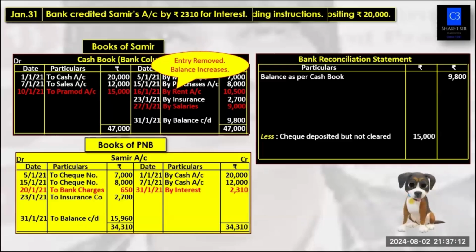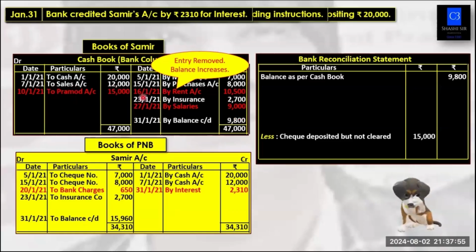So since we are having red color entries in the cash book, these entries are written over here. These are not present in passbook. We will remove these entries and note the effect of removing these entries on this balance 9,800. If removal of these entries has the effect of increasing this balance 9,800, then we will add it in the bank reconciliation statement. And if the removal of these entries reduces this balance 9,800, which was the case in this